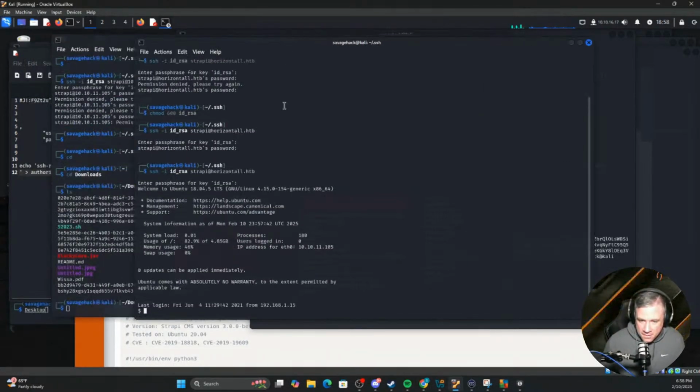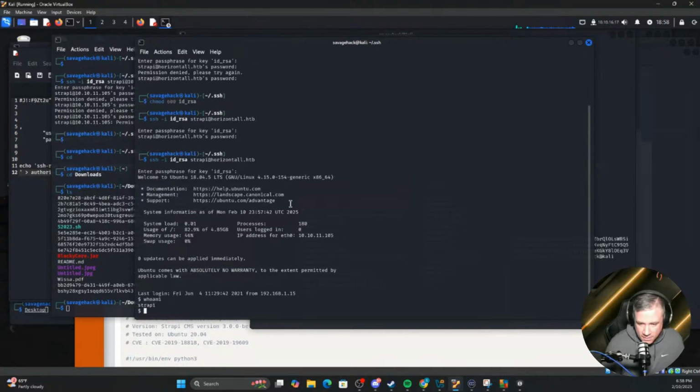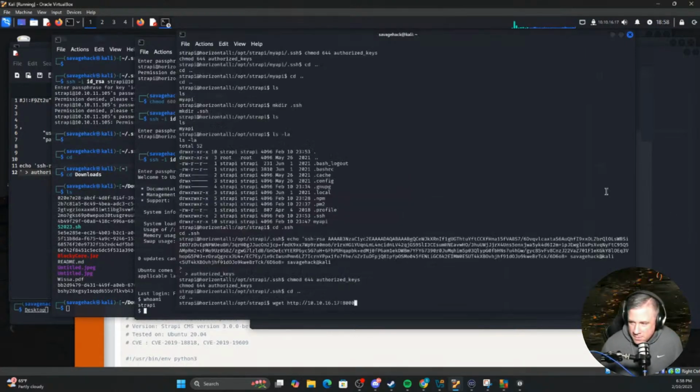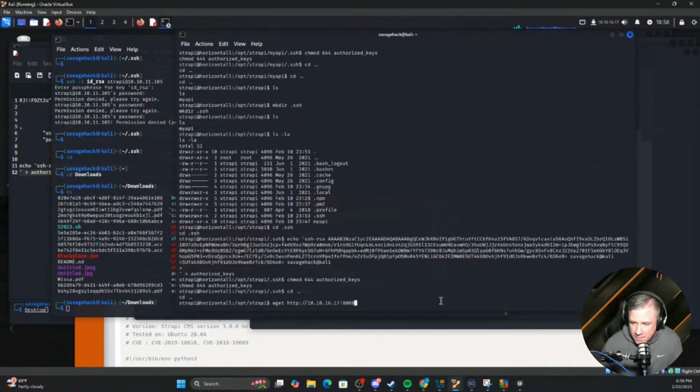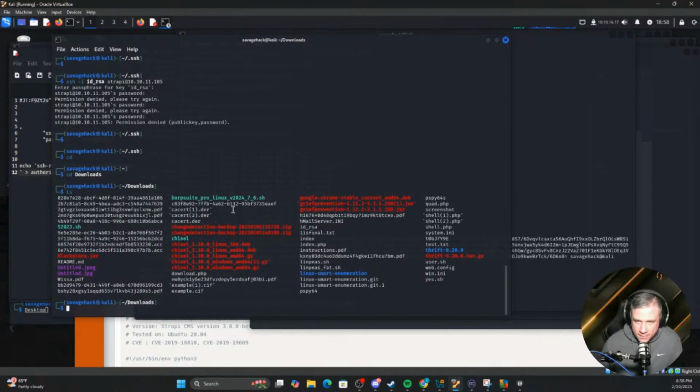All right. So yeah, we're logged in as Strappy now, so we do have that persistence there. What I was gonna do was run Chisel back to that. Chisel has two different parts to it, right? It's all within the same app. You have a server, and then you have essentially a workstation. You upload the thing here, and you run it as a server, and then you connect to it from your attack station, and it allows you to pivot into their network, so you can set it up so that you can